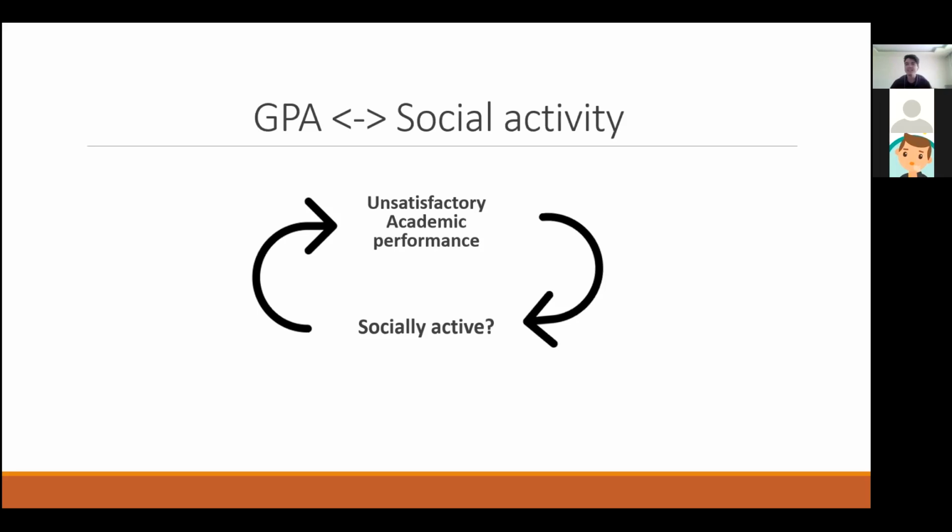I really needed to be inside communities, and I was looking for this. But this is kind of a dilemma. I have unsatisfactory academic performance, so I'm not socially active. And because I'm not socially active, my performance goes down a little bit. But if I become super socially active, then again my performance will go down because I don't spend time on my studies, yes? So what are the tips